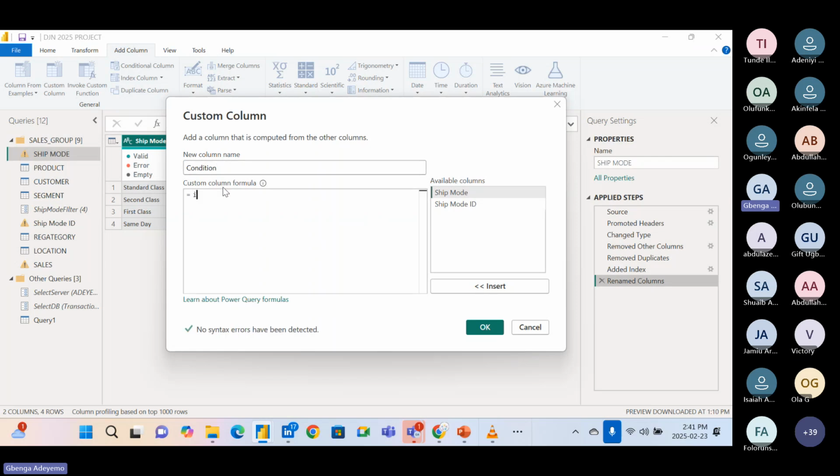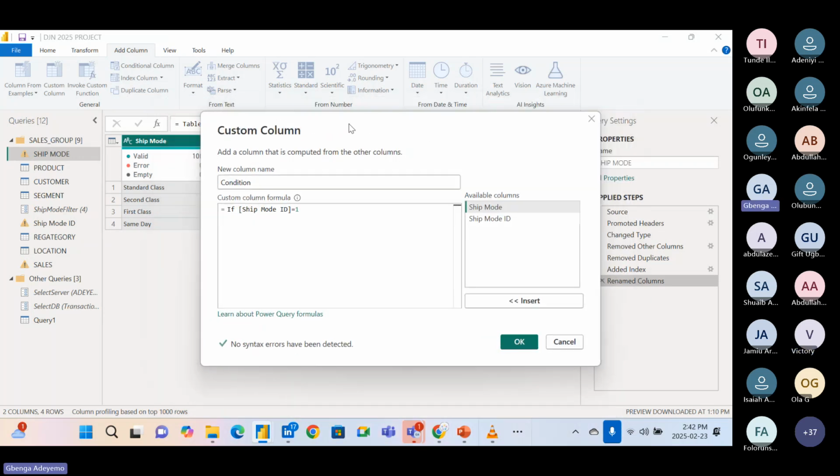It will be like if, and I'll put it in square brackets, not the curly bracket. If ship mode ID, it even appears here already. If ship mode ID is equal to what? 1. Is my 1 a number? Okay, it's a number. If it's text, I have to put this 1 inside double quotes. If it is 1,